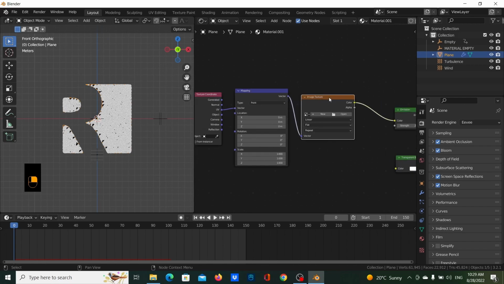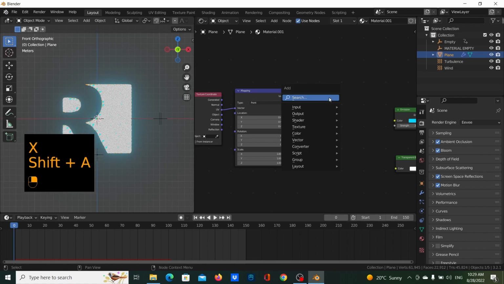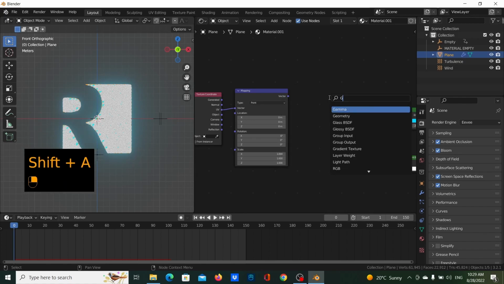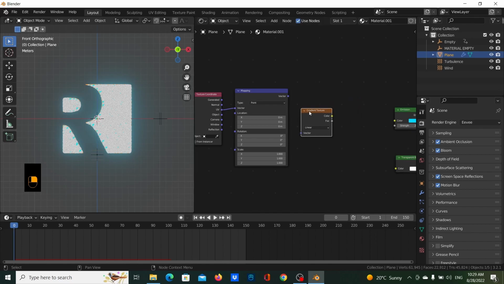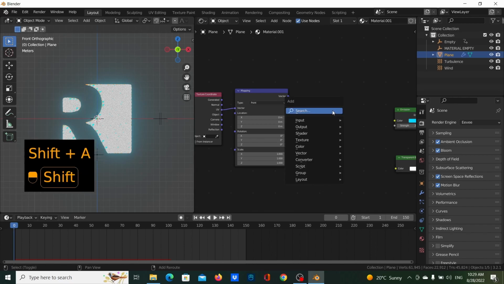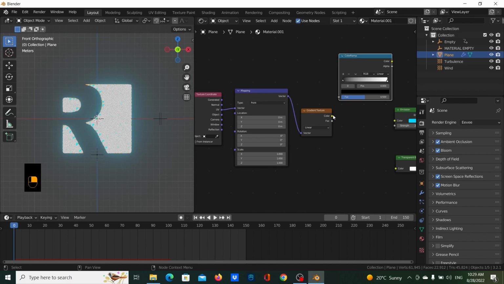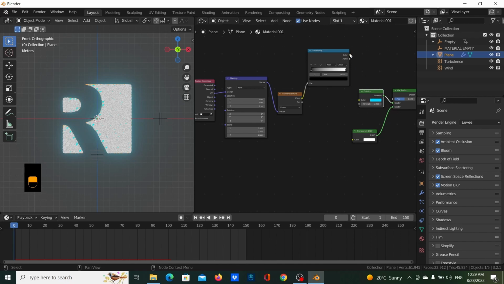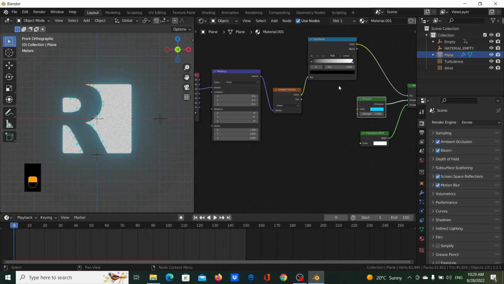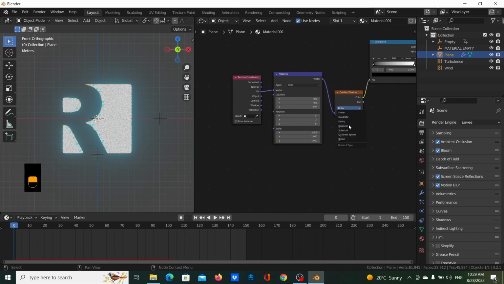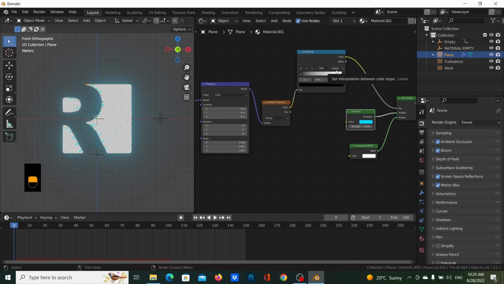We're going to delete this image texture and we're going to add a gradient texture, and we're going to put that there, and we're going to get a color ramp, and we're going to connect the color to the FAC, and we're going to connect the color ramp to the FAC node on the top, and we're going to change the gradient texture to easing. We're going to change the color ramp to ease,